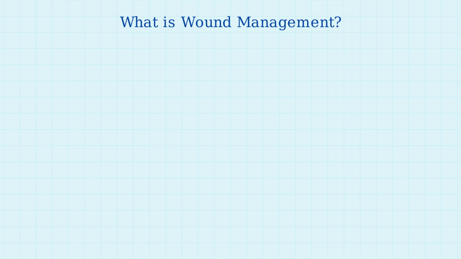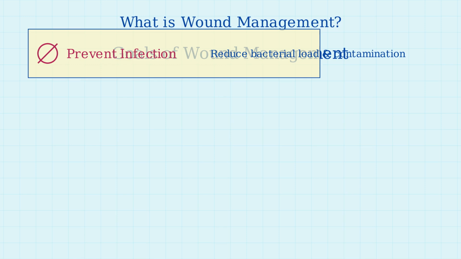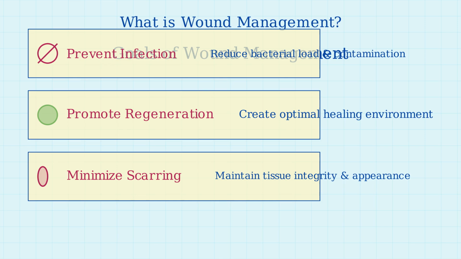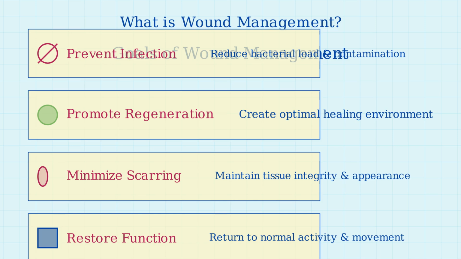Effective wound management addresses 4 primary goals. The primary goals of wound management include preventing infection by reducing bacterial load and contamination, promoting tissue regeneration by creating an optimal healing environment, minimizing scarring to maintain tissue integrity and appearance, and restoring function to allow return to normal